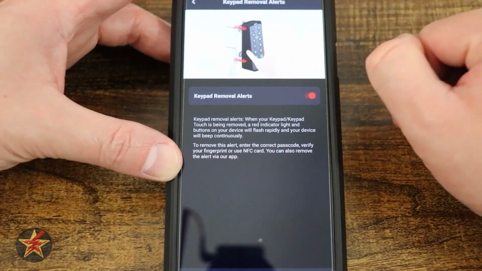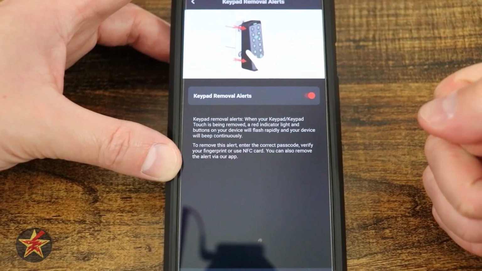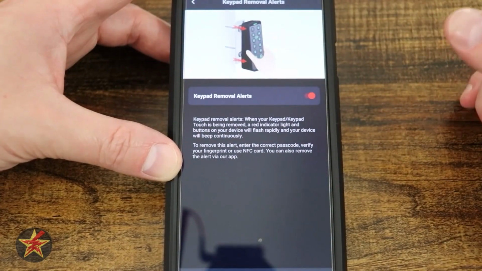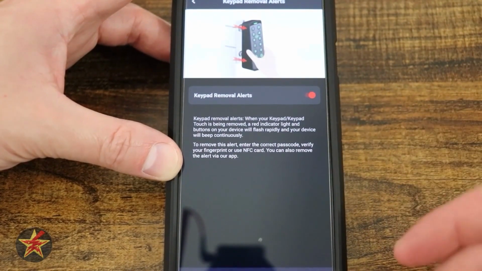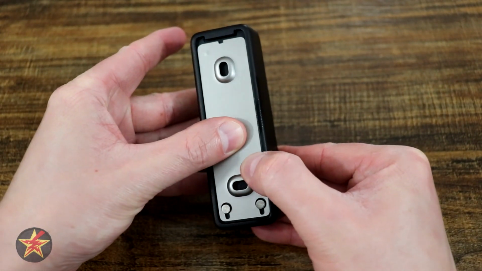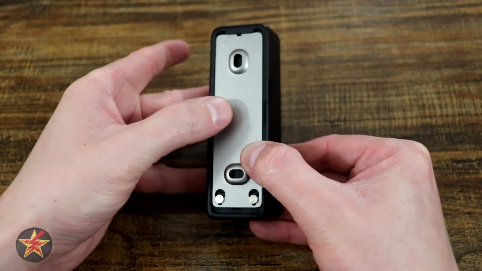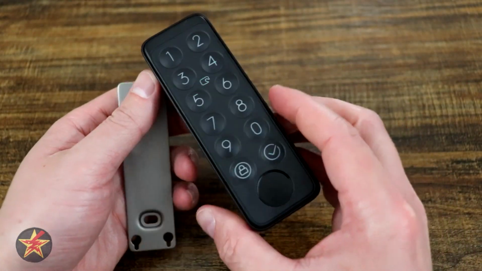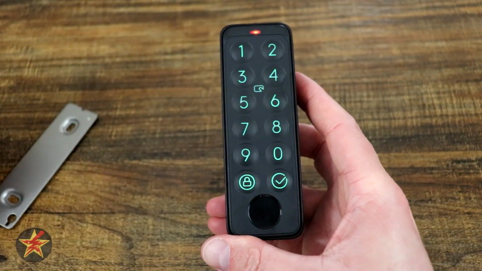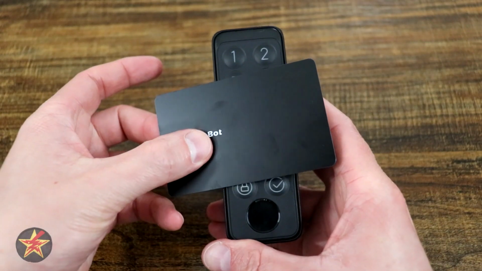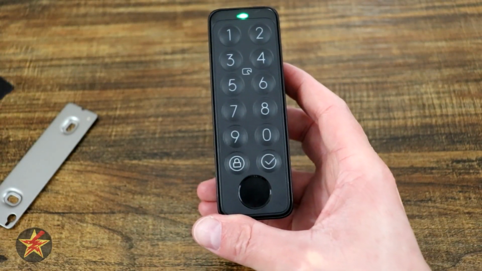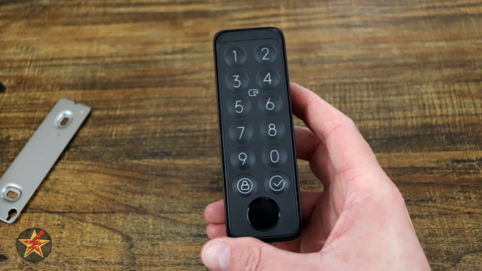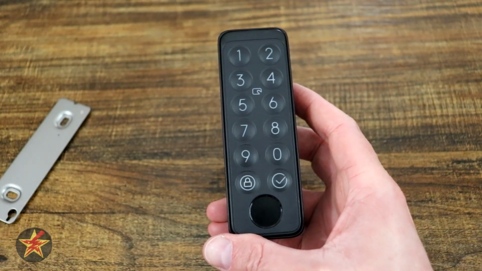Keypad removal alerts. This is a really great feature in that if it's removed from your wall, it's going to sound an alarm and will continue making an alarm sound until a PIN code or NFC is used to turn it off. And it looks like this. And I'm showing it to you off the wall just so you can see it. These metal brackets make contact with the metal backplate, and when removed, it will continuously beep and flash red until either the correct passcode or an NFC card is used